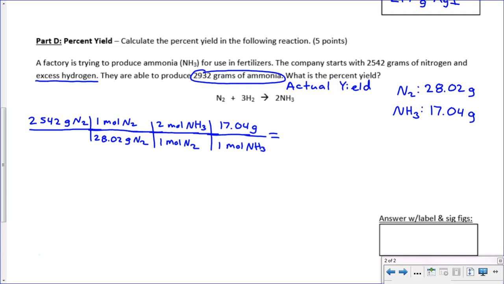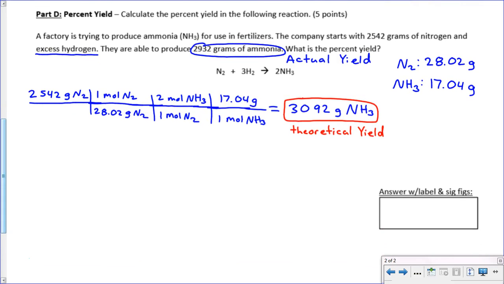If you go through and do that calculation and round to the appropriate number of sig figs, you should get 3,092 grams of NH3. In this process, this is known as our theoretical yield. All right, the stoichiometry always gives us the theoretical yield. We're given the actual yield in the problem, and so to find the percent yield,